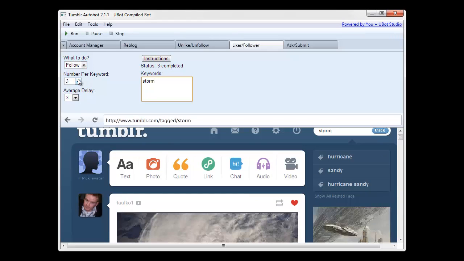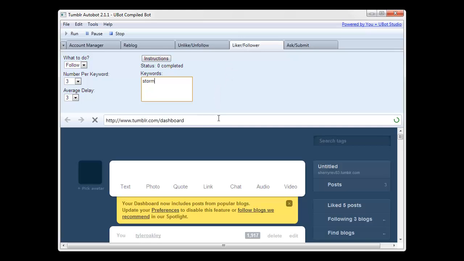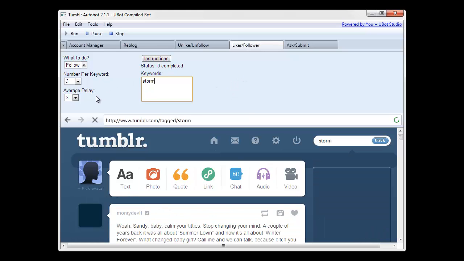Now let's do the same with follow. It's going to scrape those people out, and then it's going to go directly to their follow page, and it's going to follow them from there. What the average delay is,